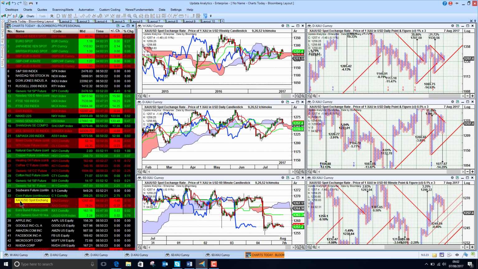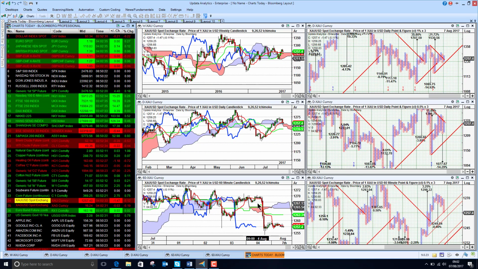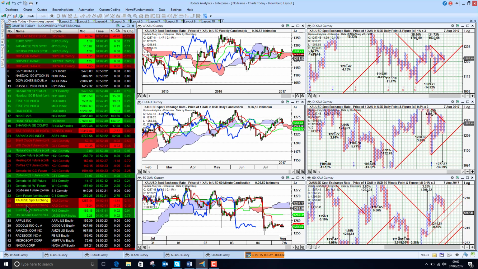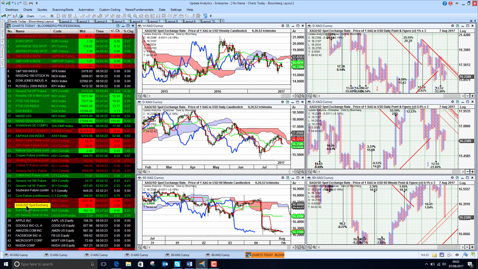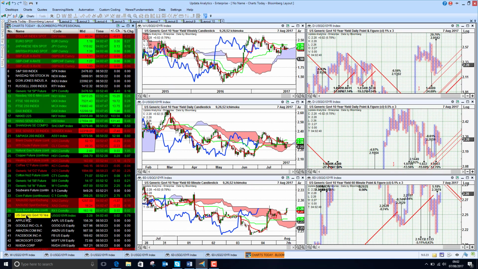Looking at gold, gold has fallen back a bit with that stronger dollar, weaker gold, and so we are just bearish below the cloud here in the short term. The medium and long term charts still looking okay. Silver looking less good on the medium and long term charts. US Treasury yields 2.28%, so just climbing a little bit there on those job numbers.